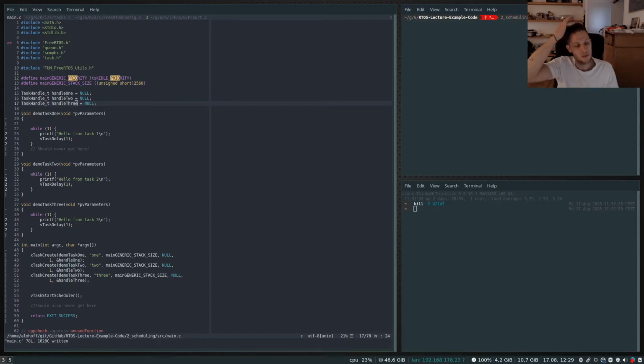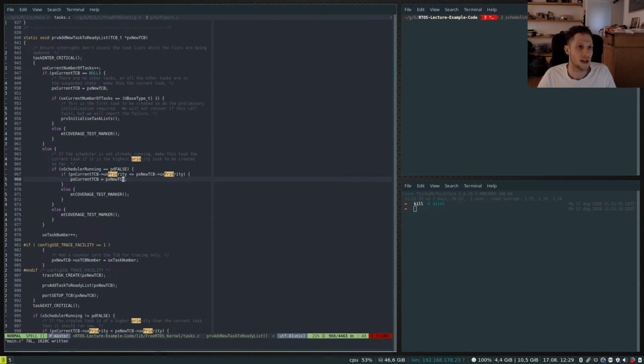So now I want to do a quick example looking at scheduling in FreeRTOS. I've done a few things. To start off, I have taken essentially the code from the tasks demo and copied it out. I have 3 tasks now, and instead of this generic priority, I have used priority 1, because